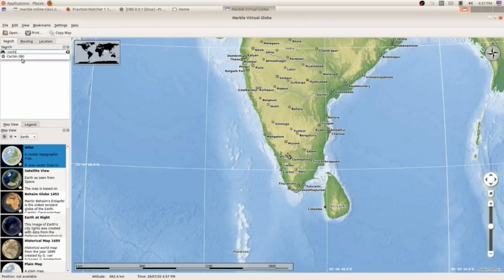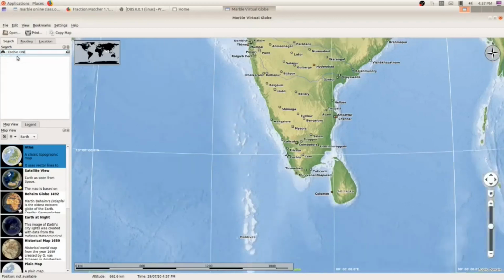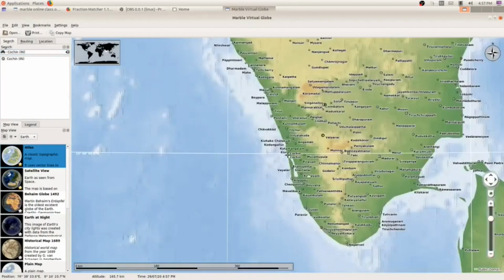IN stands for India. Click here and press the enter key on your keyboard. Now I will zoom in. Here you can see a cross mark. This cross mark shows you the place.